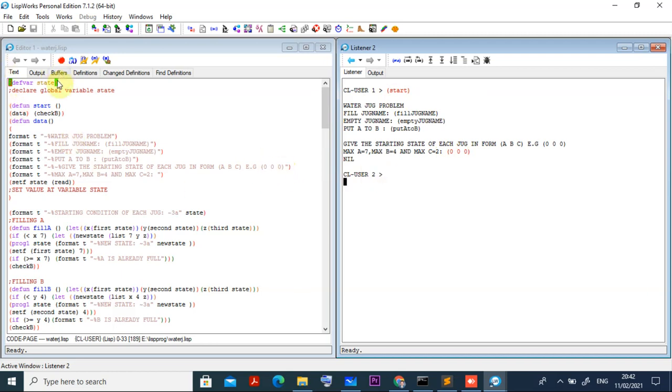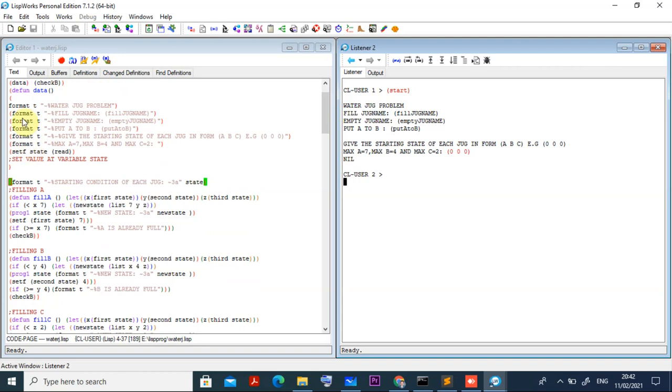Okay, now what I did, in list for declaring a variable, we use the word defvar, define variable, the state. Okay, and for the comments we write a semicolon, whatever things after that, that entire line will be just like comments. Okay, then I defined a function state, and all the things I put it here. Then for getting all the things in formatted lines, use the format t. Already I think you will be knowing all things.